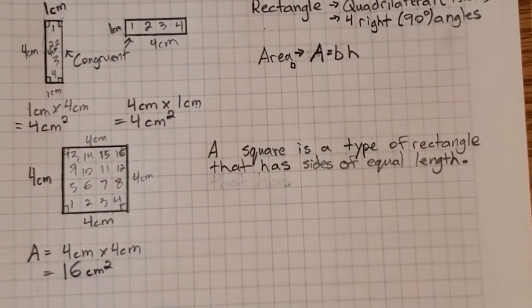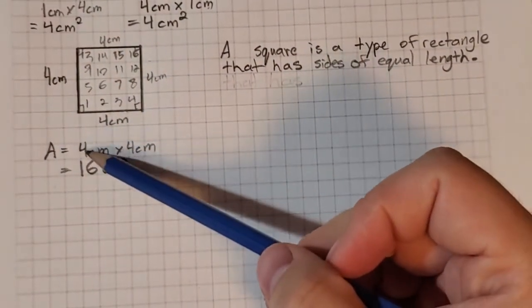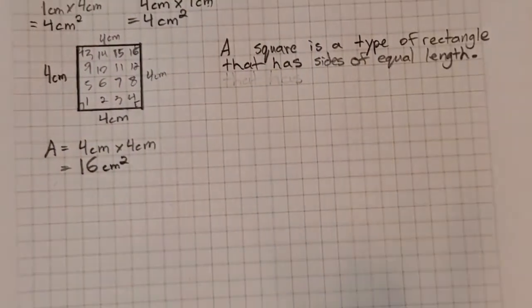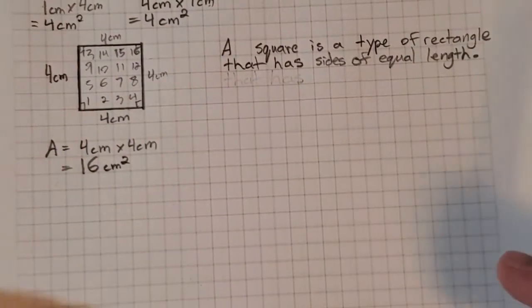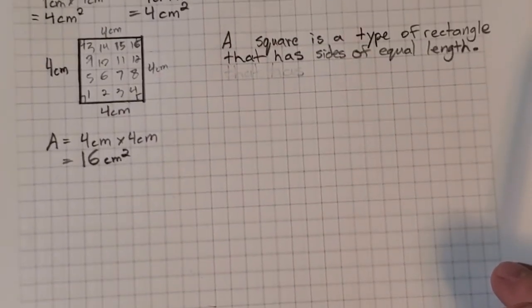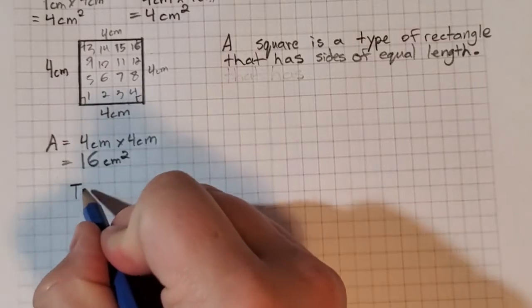A square is a type of rectangle that has sides of equal length. So looking at this square, what did we do? We multiplied 2 numbers that were the same number. So we can come up with this new concept here. It might be something you're familiar with already, but the idea is that when we say to square a number,